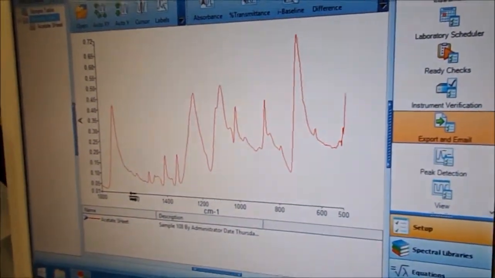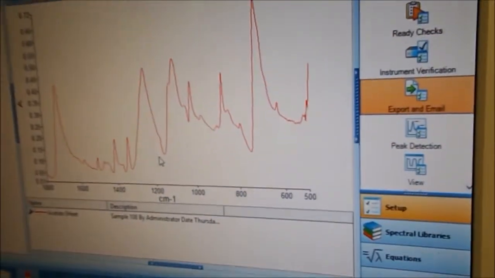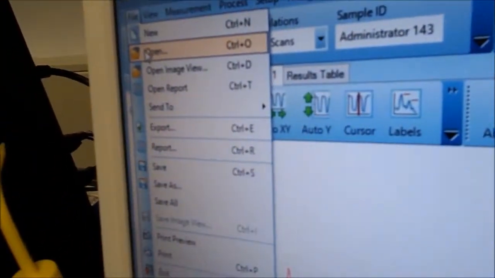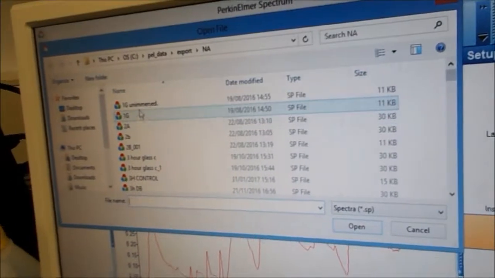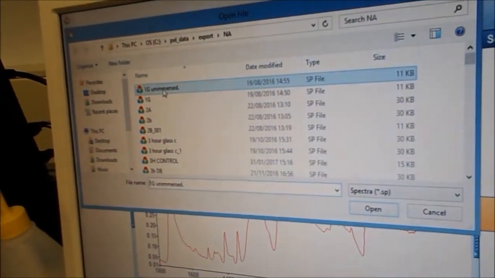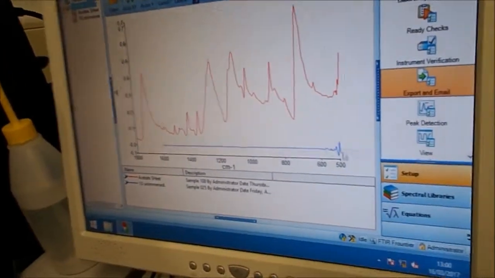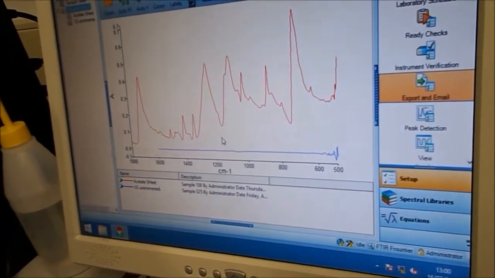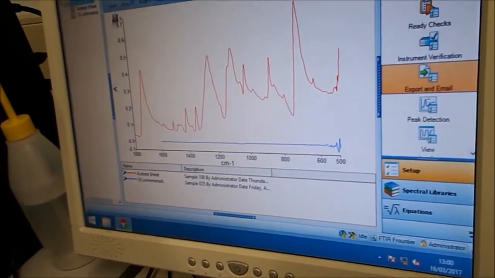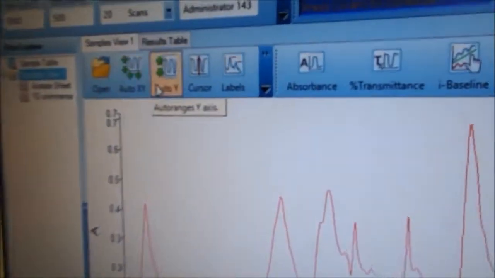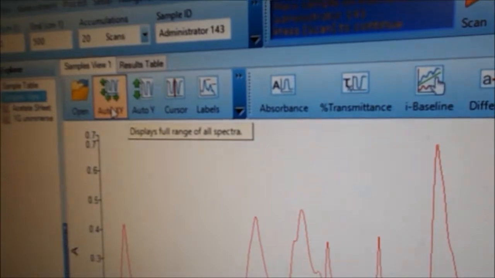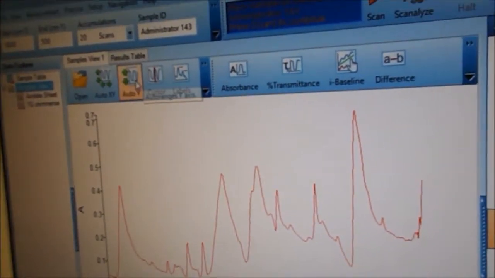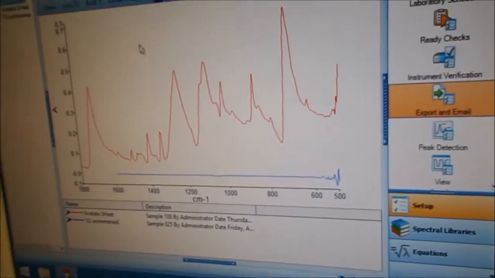If I want to now compare the scan with the scan which I ran previously, I can go to File, Open, and let's say it's this scan. Select that, open it, and then I'll have 2 scans open side by side, and then I can look at them and compare them. I can adjust the x-axis and the y-axis by using the Auto XY or the Auto Y,